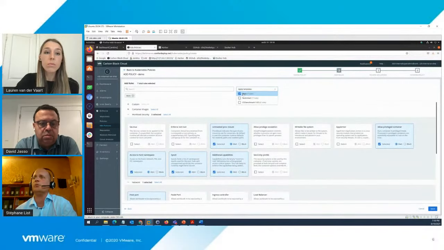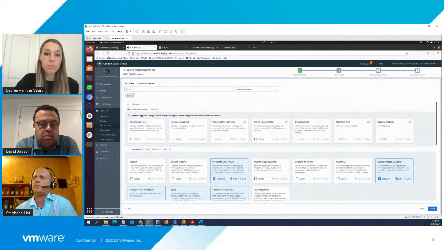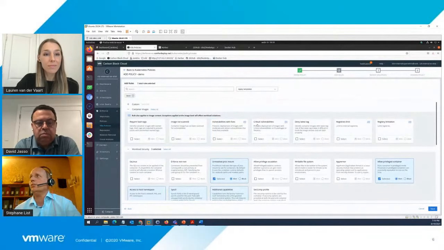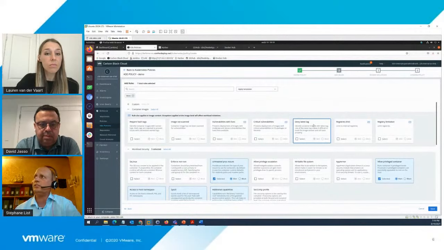And here you can see that we have rules for container images. We can block the deployment of a container if it doesn't have hashtags. We can block containers that are not scanned, that have vulnerabilities with fixes or critical vulnerabilities with fixes, or that use a latest tag. We can limit registries.